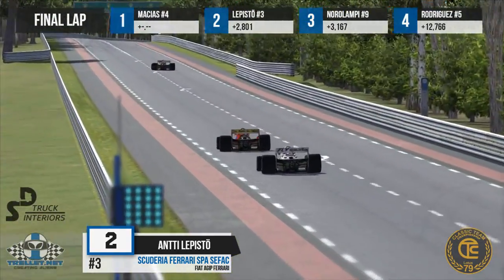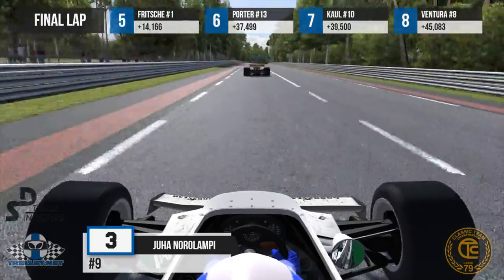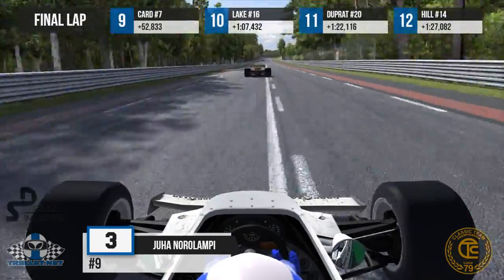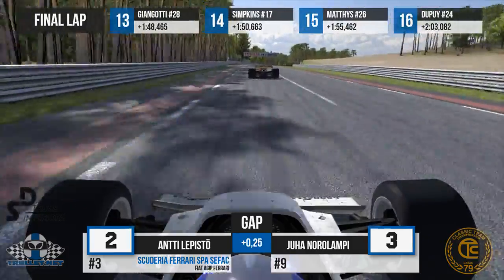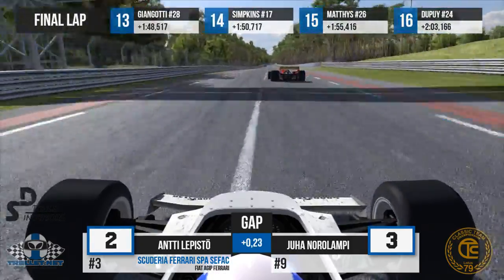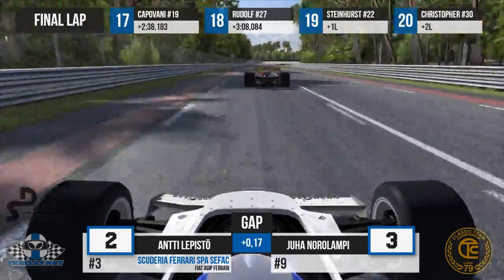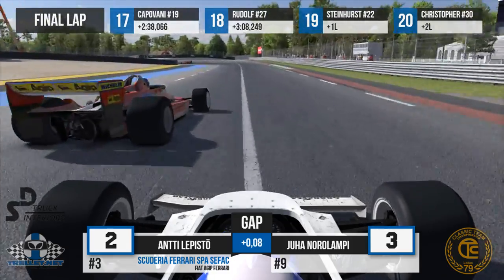Now. One more try. Yeah, one more try coming into Indianapolis, and then perhaps braking into the last chicane. Maybe. I don't think these drivers, with these setups that they're running, can do the Porsche curves side by side. But certainly, Juha is still trying to catch up. Juha is still battling it out, and Juha hasn't given up, and that's a good thing. Of course, that's a very good thing. No, and Juha is going...